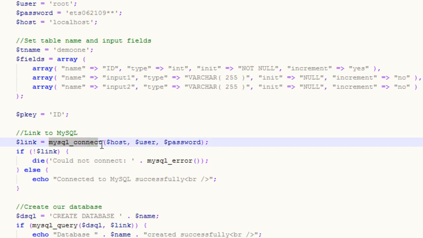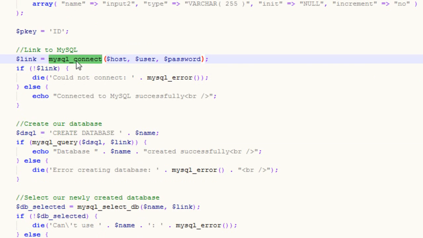Okay, but MySQL Connect is how you actually connect. You always have to connect first before you can do anything. So you're going to be using this a ton. All right, next we have our create database part, and so again we're going to be